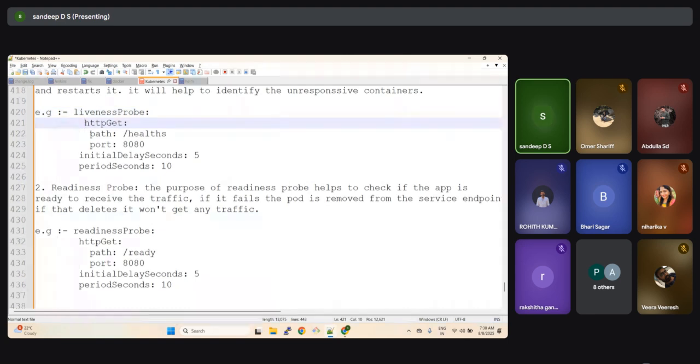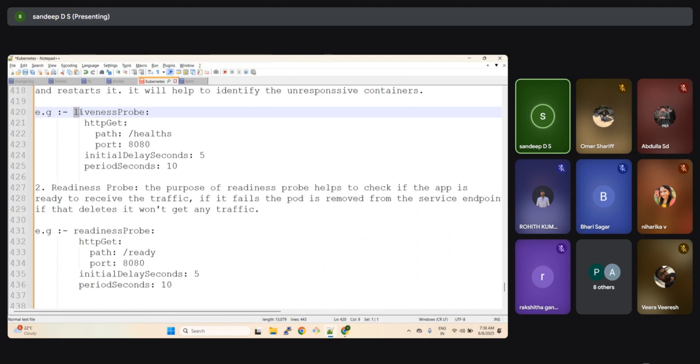Let's give the path here. See, you should be very careful when you're writing YAML in Kubernetes. There should be two spaces when you start writing the next line, and here also two spaces, and these two are same, path and the port, and then initial delay seconds and the period seconds. You need to be very careful that when you're writing a next line, there should be two spaces. Okay, clear with this? Probes,